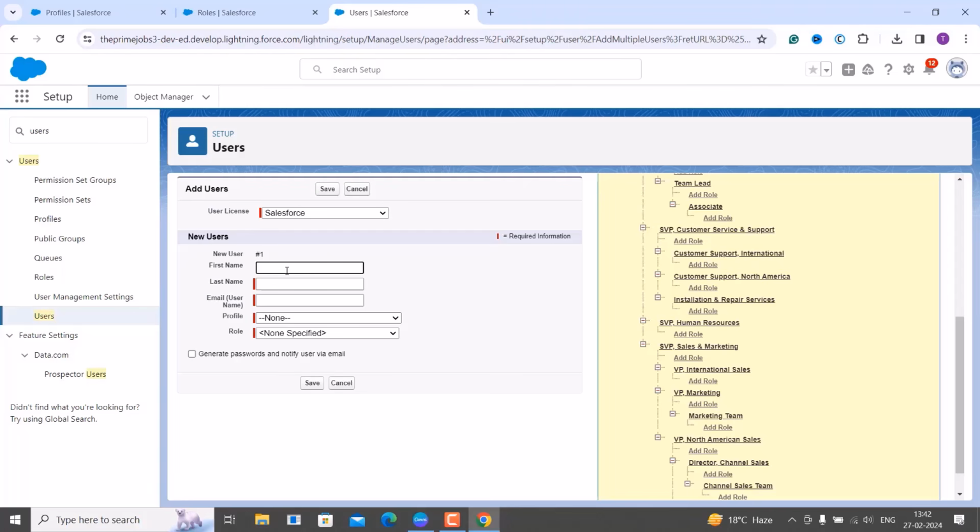So let's create our first user, that is Jack Brown. And here I am going to enter his email ID. Make sure that this email is not already used and it must be unique and in a valid format. So let's add one random email ID here. I take a temporary email ID and I have added it, and next we have to